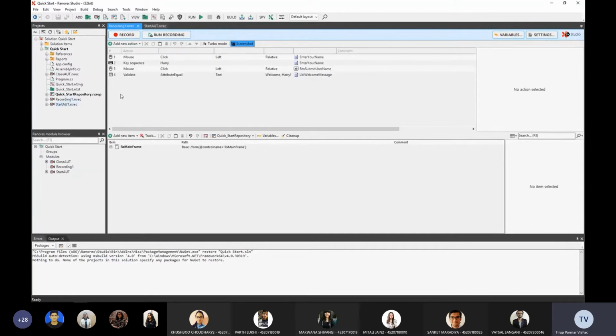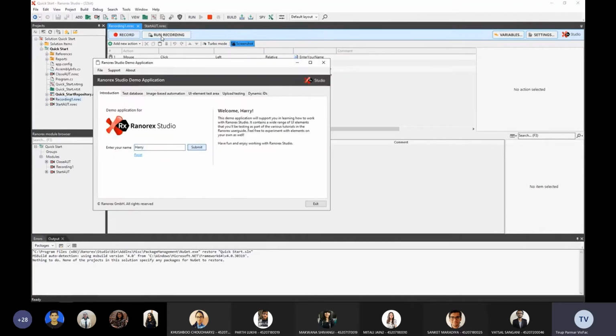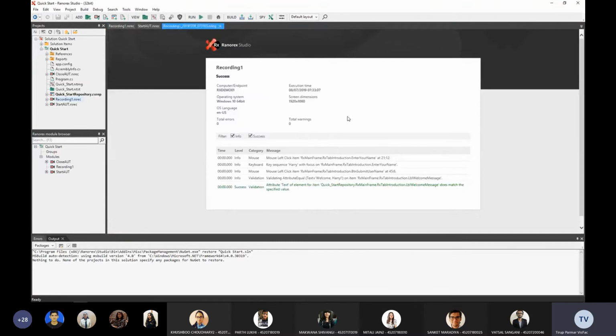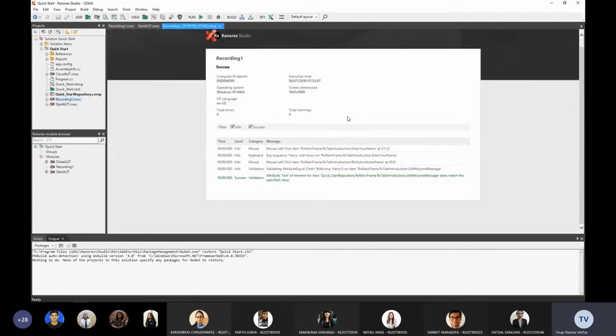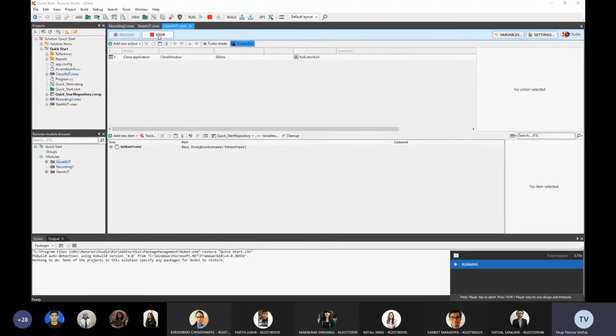Click the Run button and watch Ranorex Studio execute the steps that you recorded earlier. Do not use the keyboard or mouse during the test run. When the test run finishes, the report opens in a new tab in Ranorex Studio. Scroll down if necessary to review the messages from the test run. Then, close the report. Now, open the Close AUT module in the file view and run it to close the